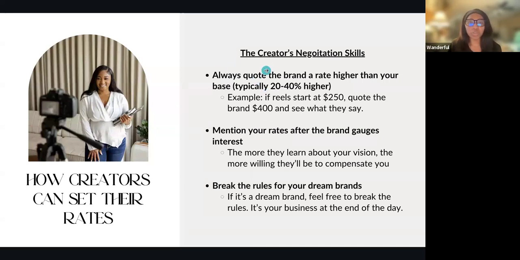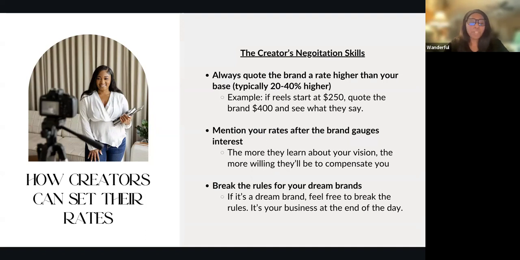So feel free to quote a little bit higher than your base just to see what they say. Mention your rates after the brand gauges interest. A lot of creators tend to mention payment in their first pitch. I get it. You want to be transparent. Like if the brand can't pay you, why do we need to continue this whole back and forth